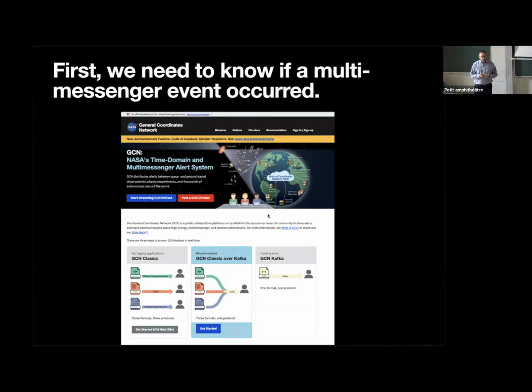A lot of the technology that we've been developing is based on these streams, and the specific implementation of those streams has been Kafka. So you can see over here, GCN has adopted Kafka. I'm going to talk a little bit more about SCiMMA in just a moment. But the first thing we need is a connection between all these things. GCN has done a great job at setting this up.